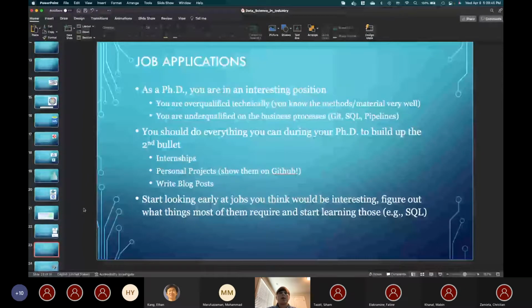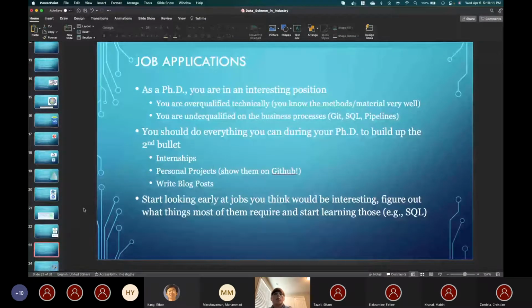So really, you should do everything that you can during your PhD to build up the second bullet as much as possible. The ways that you can do this: internships, personal projects. So you show them on GitHub. Have your GitHub username in your resume so people can go look and see what projects you've done. And also start looking early on at jobs you think would be interesting. You figure out what most of them require and start learning those right away.